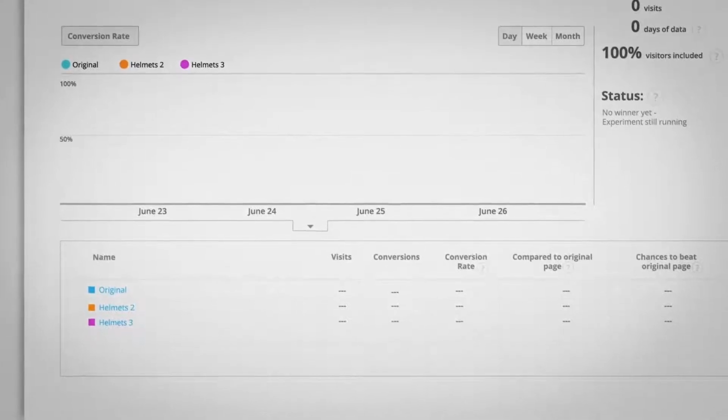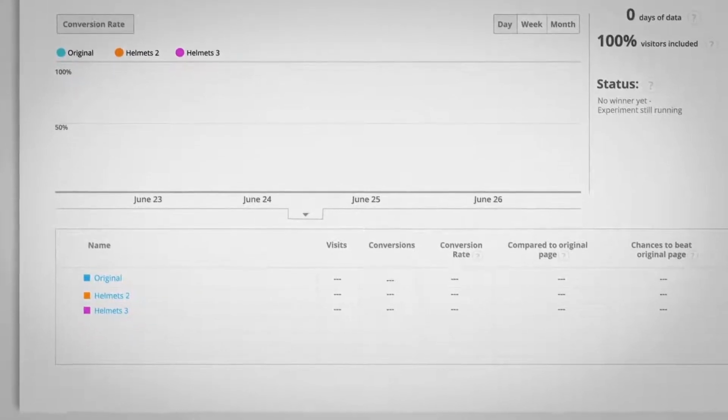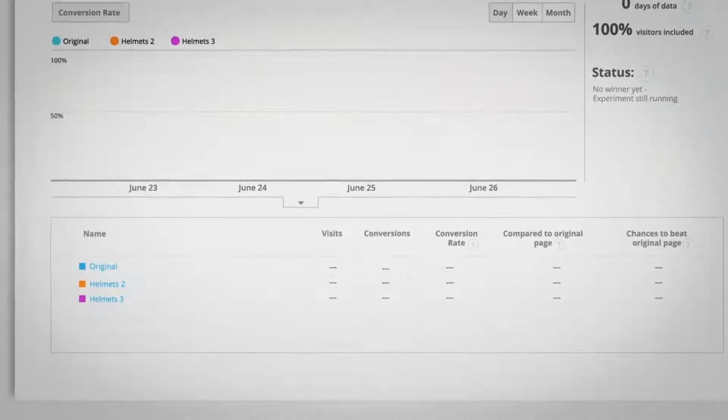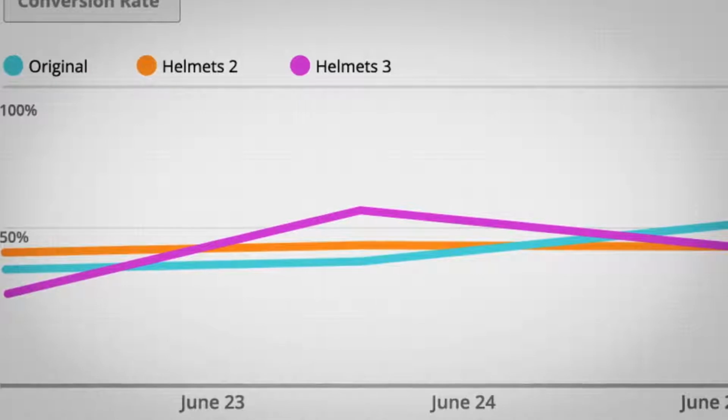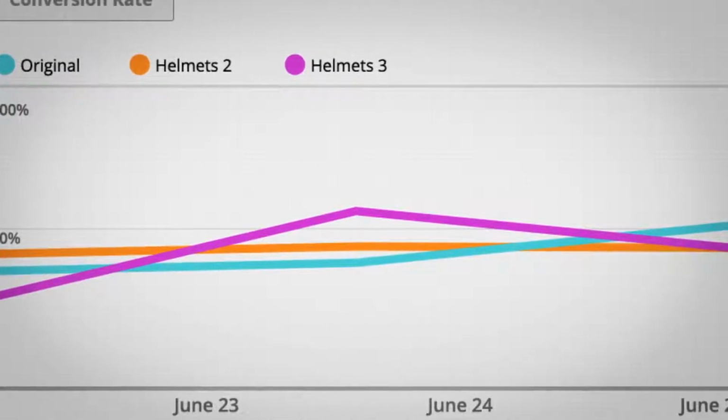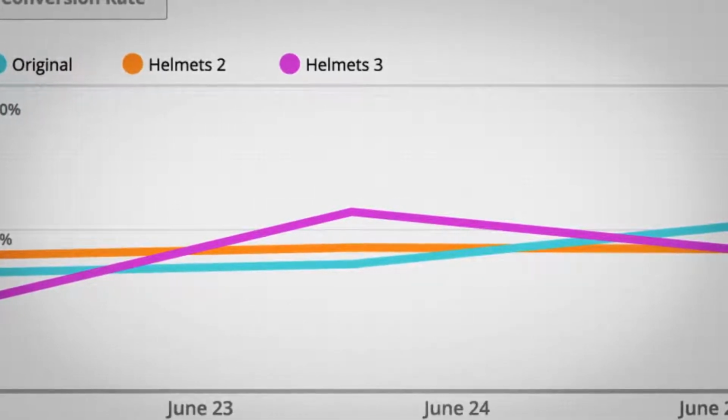Once you've finished the setup, Content Experiments does the rest. When visitors arrive at your site, Content Experiments serves either the original page or a variation to the percentage of your audience you've specified. Visitors continue to see the original or the same variation on subsequent visits. Content Experiments tracks how each group of visitors converts, given which version of the page it sees.